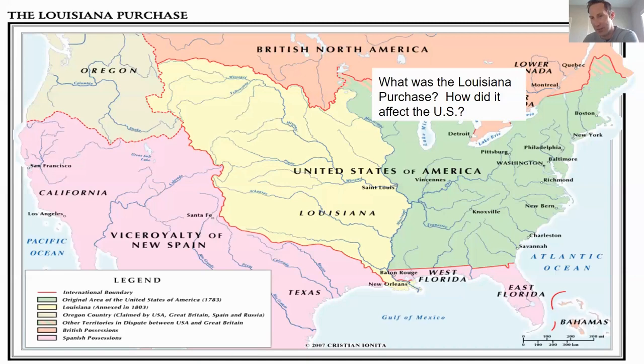This does some other things as well. The Louisiana Purchase kind of sets the tone for what eventually becomes further westward expansion and the ideas of manifest destiny. Because now as America's adding more land, you can see America creeping closer and closer to the West Coast. And so Americans start to not only look at this land that we gained and say, oh, how can we benefit from this, but can we continue to expand American territory even further, which we're going to start to see really pick up